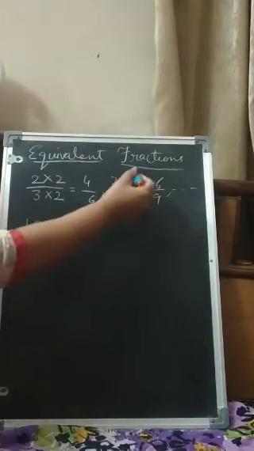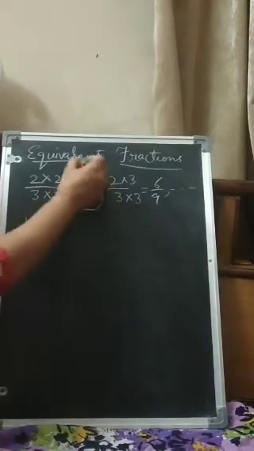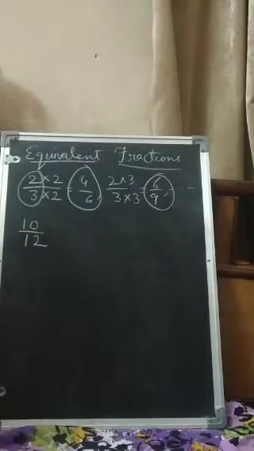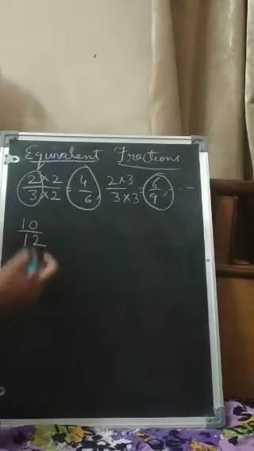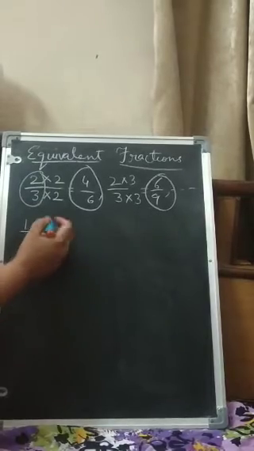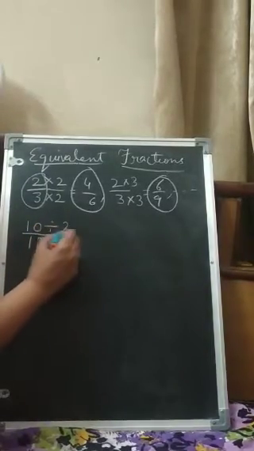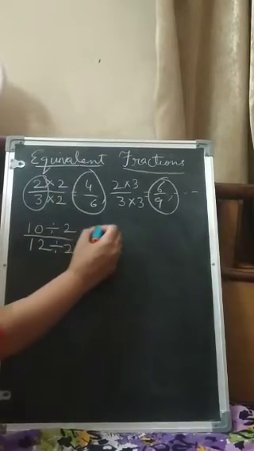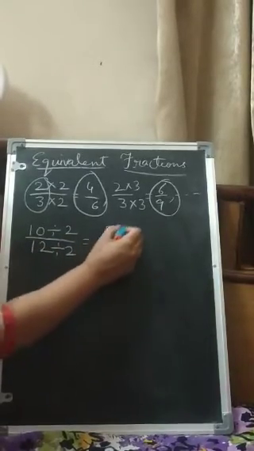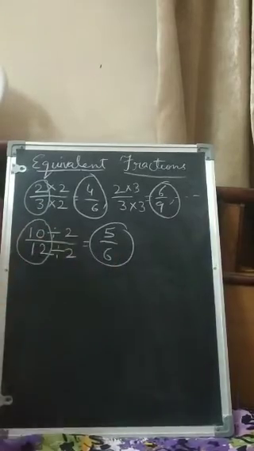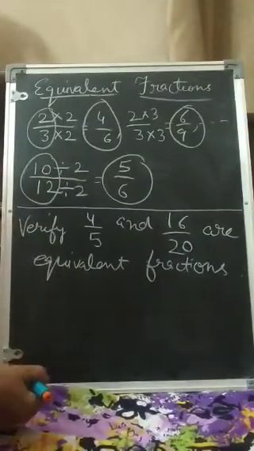We can multiply with the same number, and this 4 over 6, 6 over 9, 2 over 3, these all are called equivalent fractions. Here, if the question is to divide, then we can divide with the same number. It can divide by 2, it can divide by 2. So this 5 over 6 and 10 over 12, these are called equivalent fractions.